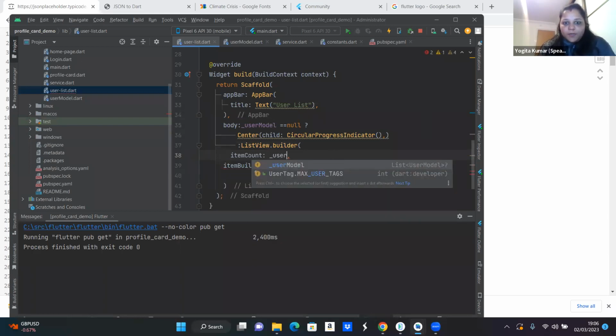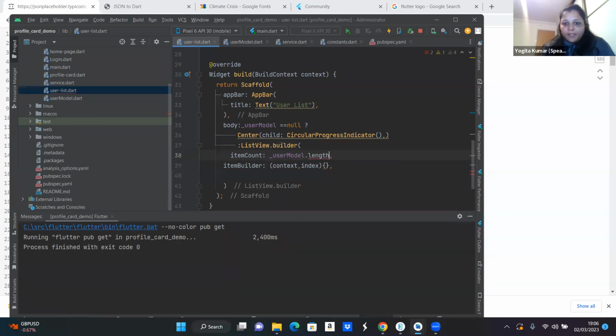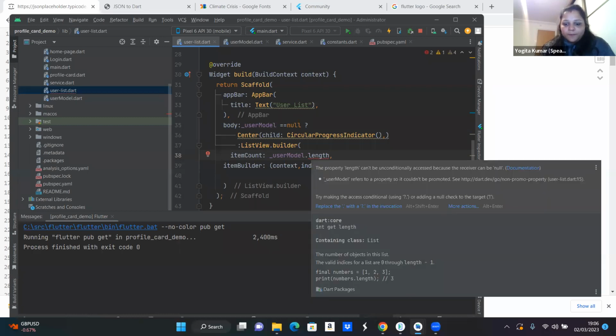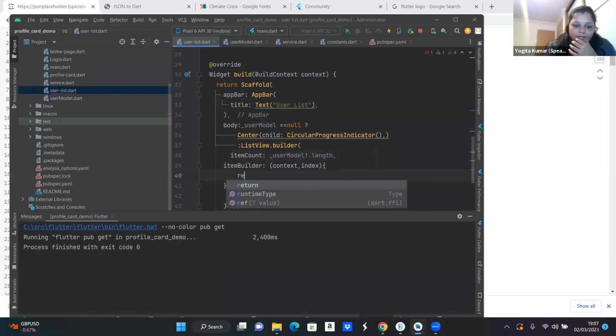So I want to build userModel.length, whatever data I'm going to get, according to that. It can be null, so give the exclamation mark, and once it comes, I'm going to return the ListTile,